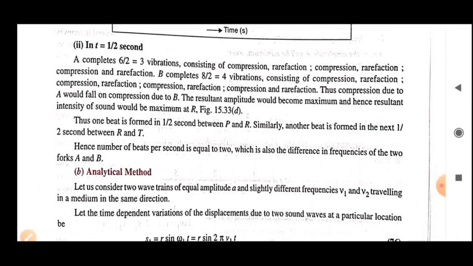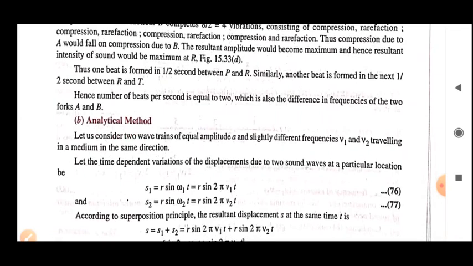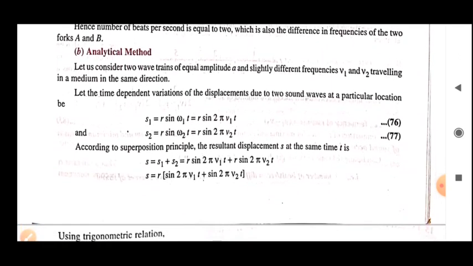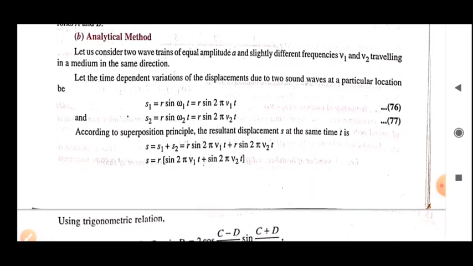What we will discuss now is the analytical method, because this method is completely based on mathematics, so we will go for that. In the analytical method, let us consider two wave trains of the same amplitude but slightly different frequencies. Suppose the first wave has frequency nu1 and the second wave has frequency nu2, traveling in a medium in the same direction. Let the time dependent variation of the displacement due to the two sound waves at a particular location be